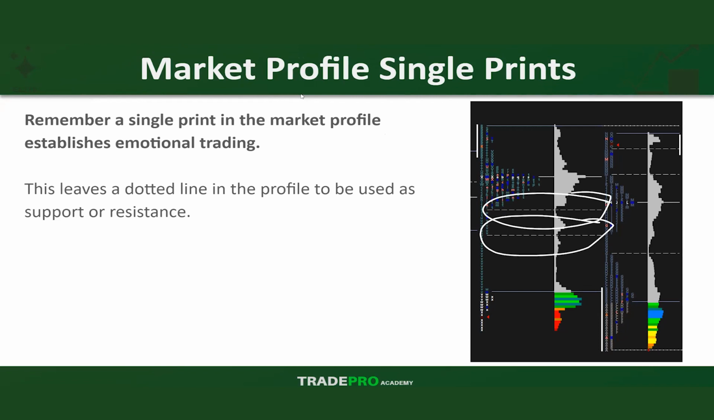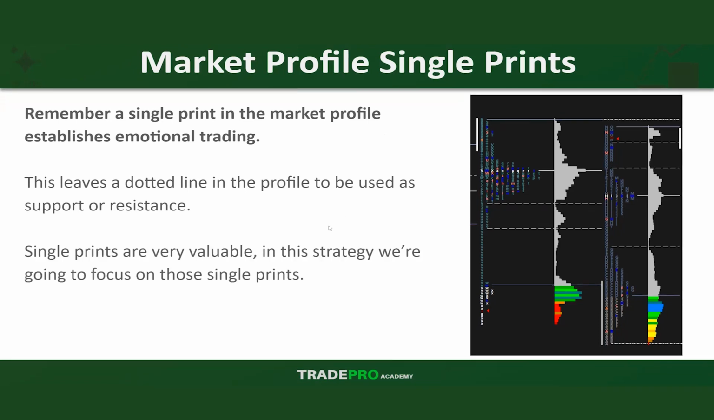So each of these dotted lines represents our single print areas, right? The start of our single print areas. These single prints are generally used as support resistance guidelines. Single prints are very valuable. Now, in this strategy, we're going to be focusing on those single prints, but we talked recently, just before this,